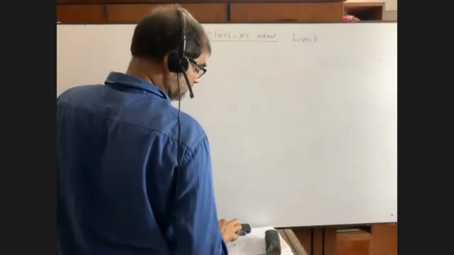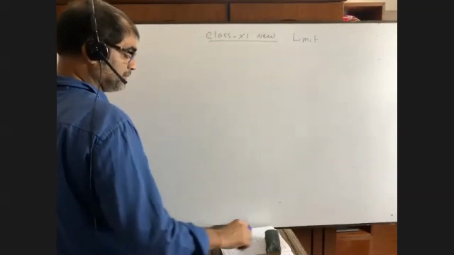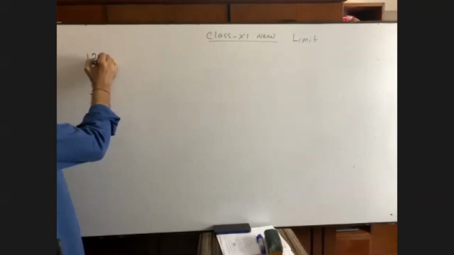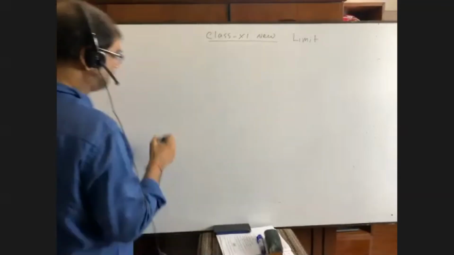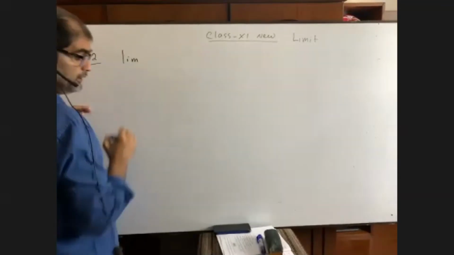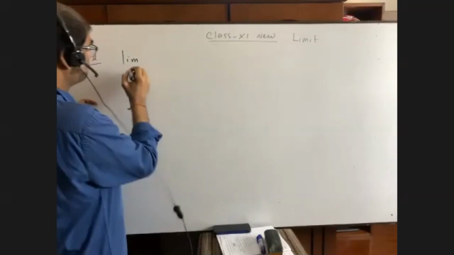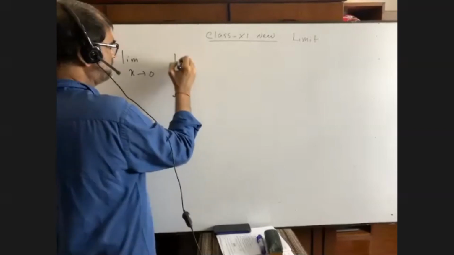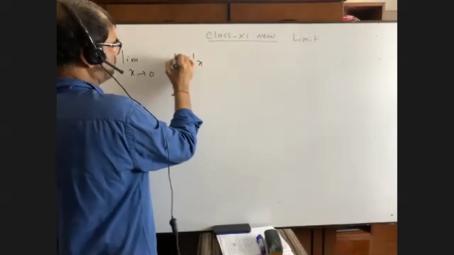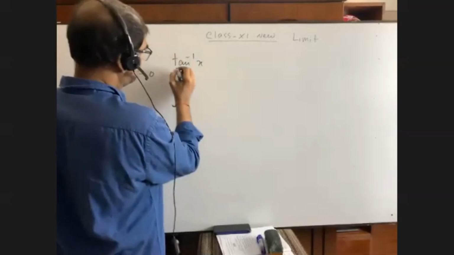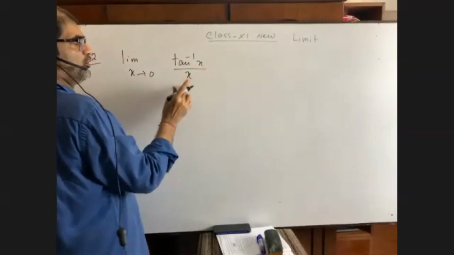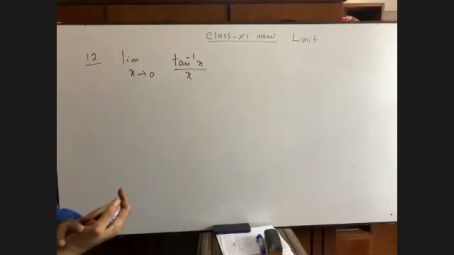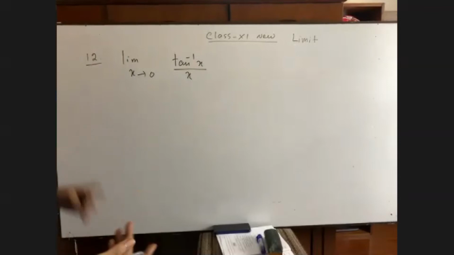Now, again, the last pattern of the math, question number 12, the new dimension, totally. Maths of inverse. I think all of you have ideas on inverse. Tan inverse x by x. If there was no inverse, then our answer would be 1, right? So in this math, what should we do?